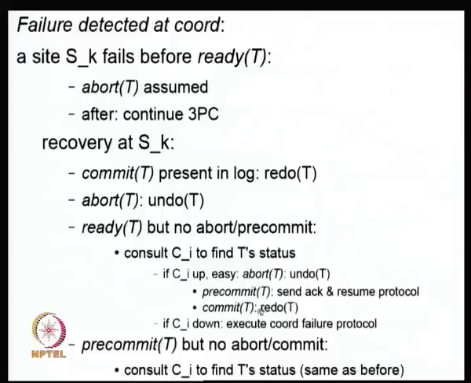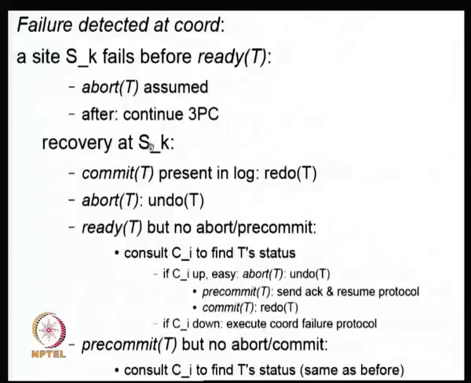Again, this is an example where I cannot proceed till I do something else. Okay. So in here, in execute coordinator failure protocol, what we do is we try to elect a new coordinator. Again, the 3-phase commit protocol tries to keep the system moving forward. So if the coordinator is dead, because the coordinator already had sent information about the pre-commit, etc., now I have to do something to proceed. Okay. So we have to get a new guy, and then we will see whether he can make the protocol move forward. That's the attempt here.